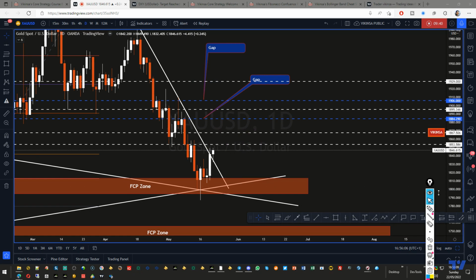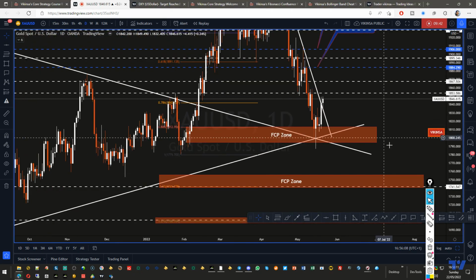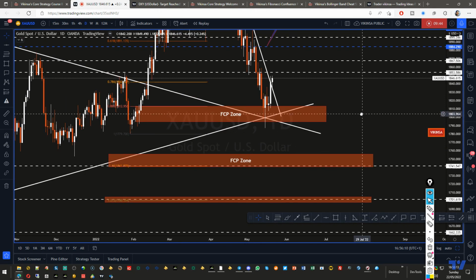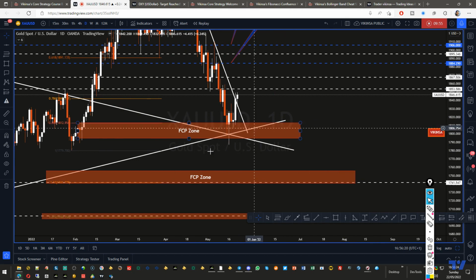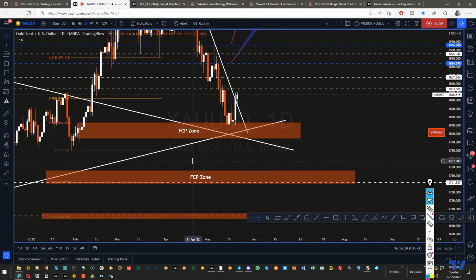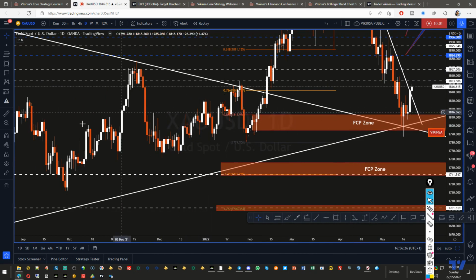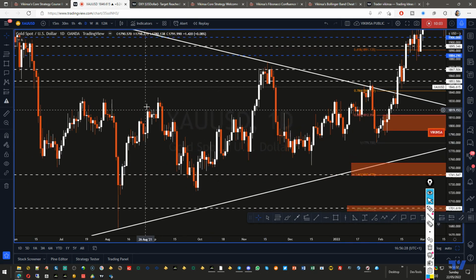Okay, now if we talk about the bearish scenario, if the market actually breaks through this trend line, there is still a long way before it actually breaks through that. What I'm expecting is that, even before it actually breaks through these lines on the bearish side, it may consolidate here for a while around 1806, as it has been doing for some time. It consolidated, came back.